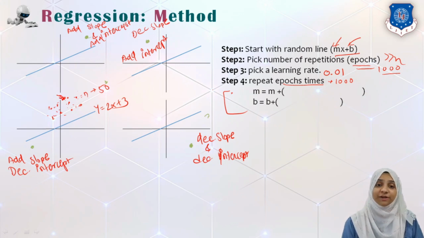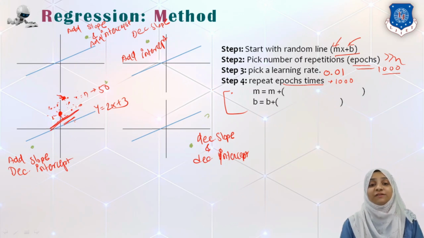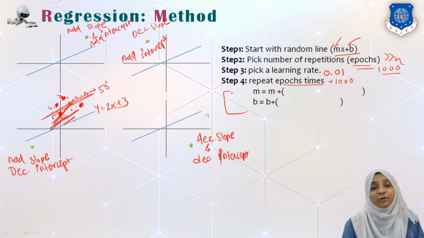Say for example, this point is picked up the first time, and the line will be moved to get closer to this point. The second time, this point will be referenced, say for example, the line is moved here and the line will be taken closer to it. Next time another point will be referenced and the line will be taken to this point. Next time this point will be taken closer and the line will be moved to this point. So we have to move our line slowly towards each and every data point that is considered.